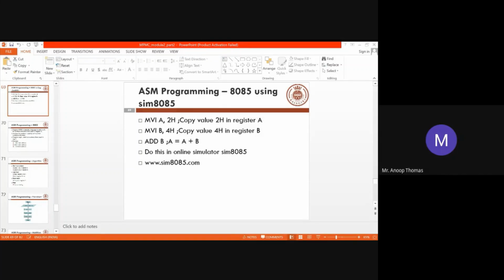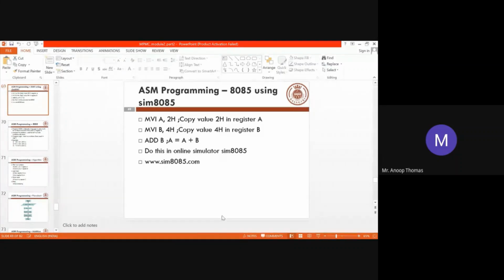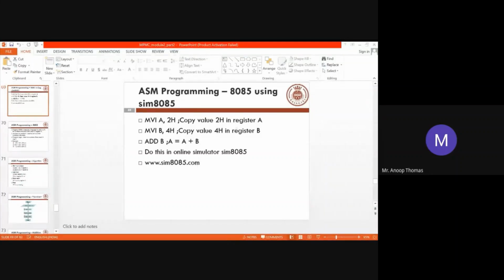If you look into the assembler output, if you write any particular code, for example, if you type in MVI A comma 2H, just check what is there inside the assembler column. Anybody can reply through the chat window. What I want you to do is type that first statement inside the main.asm and run that. I mean, first assemble it.